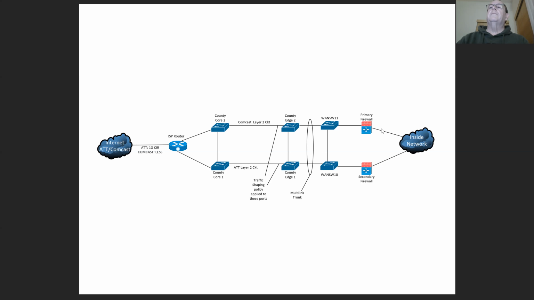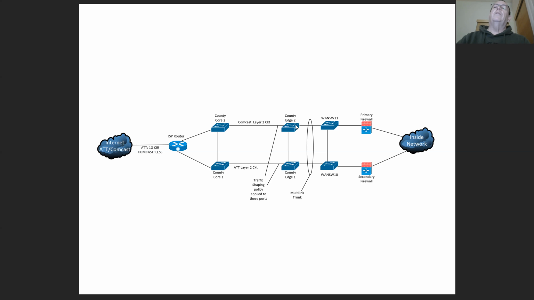So here's what happens. Internet traffic comes out my firewall, comes into this switch, WAN switch 11, and it egresses on VLAN, let's say 225, untagged. So it goes into VLAN 225, untagged, goes across to this switch. They're like right on top of each other, so it's a very short cable. Goes into his switch. He's got his port tagged into, I don't know, we'll call it VLAN 150 on his side. I'm calling it that because it is. So traffic egresses out of my switch into his on VLAN 225,